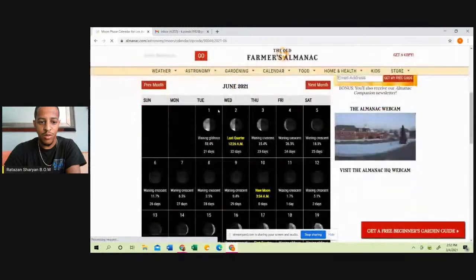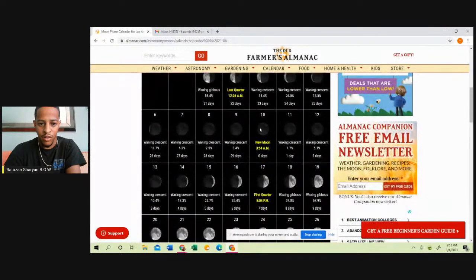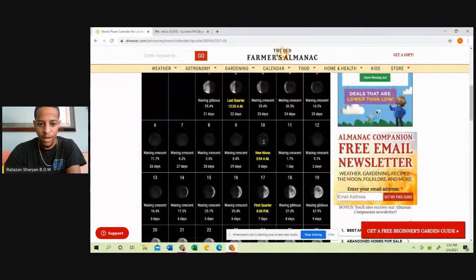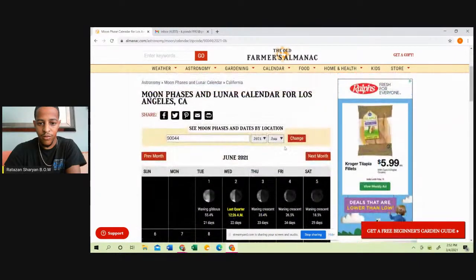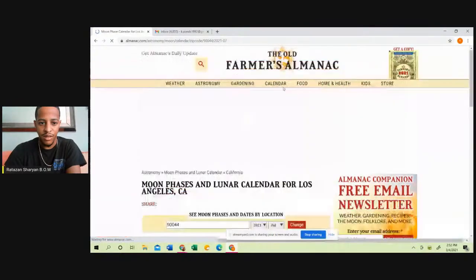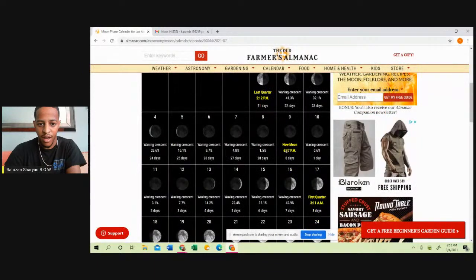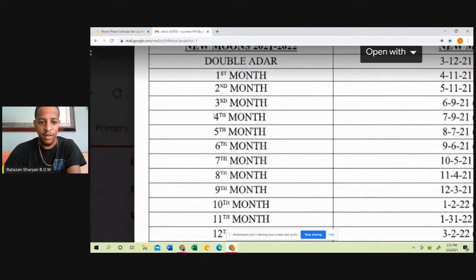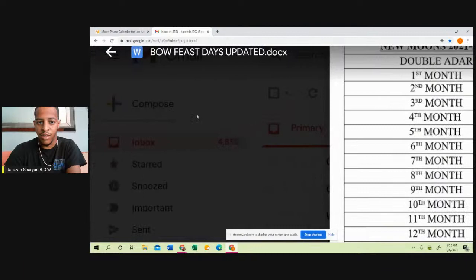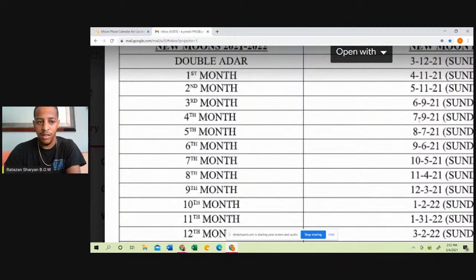This is the 3rd new moon in June. This is the 4th new moon, which would be in July. Let's verify it. 4th new moon, yep, July. Here it is, our 4th month in July.